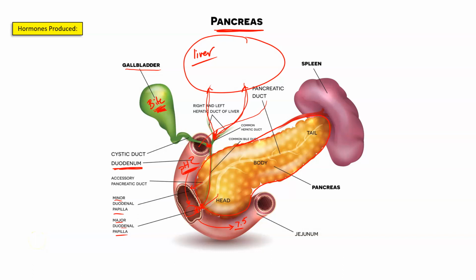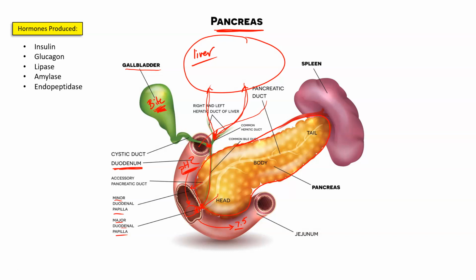So if we look at some of the hormones that are produced as a secondary response to this digestion process, two hormones that we need to talk about right off the bat, and we'll talk about later in the IB syllabus, are insulin and glucagon. Now, both of these play a role in digestion, but are more related to actual glucose metabolism than true digestion. But some other enzymes that play a big role in this digestion process are lipase, amylase, and endopeptidase. All three of those are going to be secreted by the pancreas and are incredibly important as we digest food